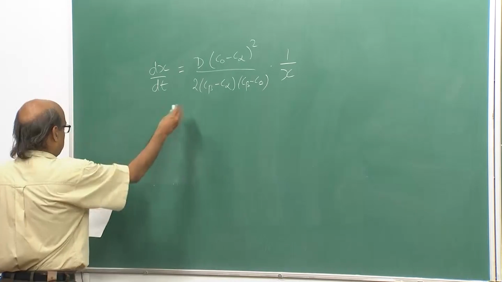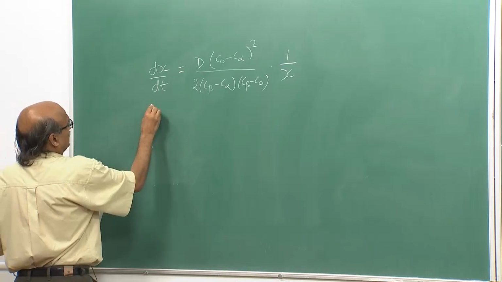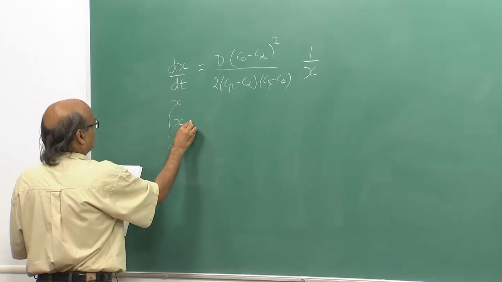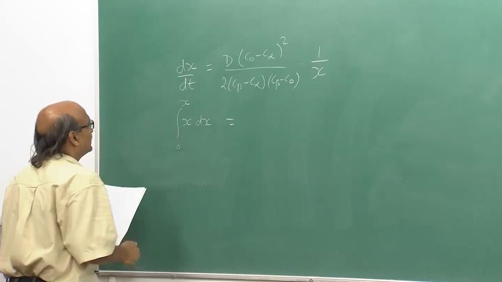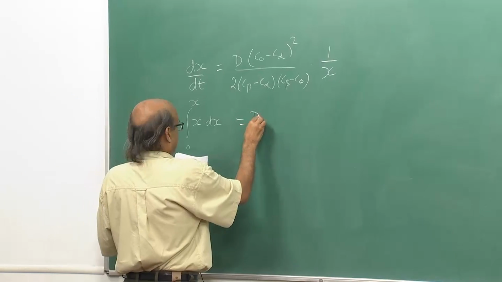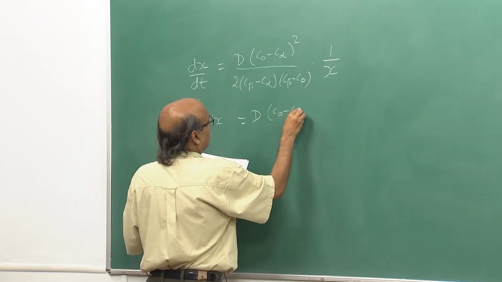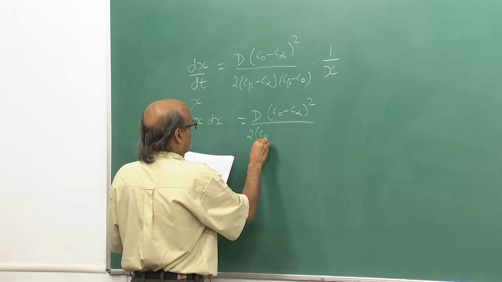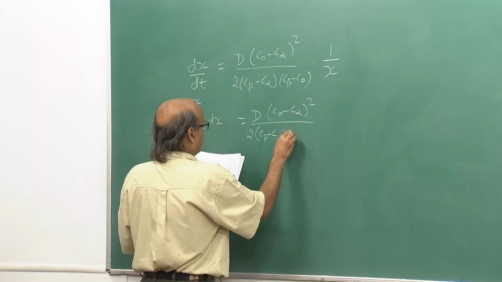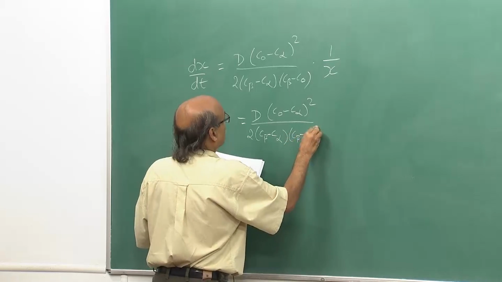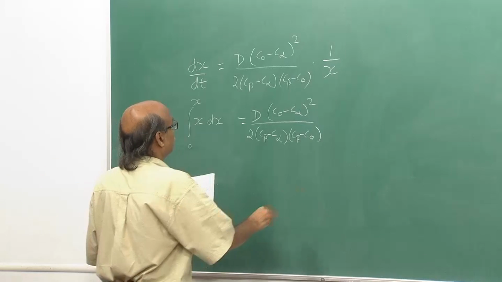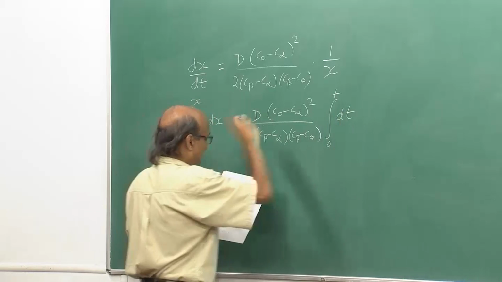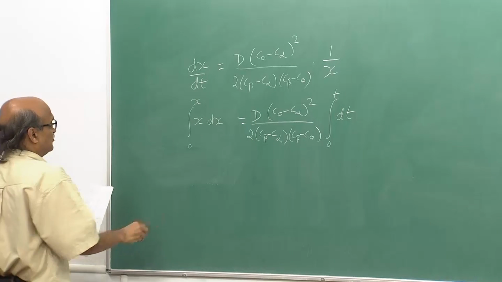Solving this, integrating both sides, x dx equals the same constant times the integral from 0 to t of dt, and this gives me